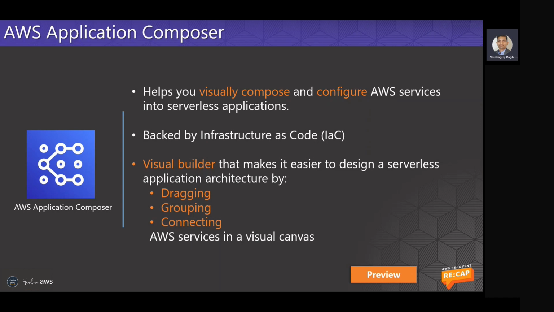So here is a tool that is a visual canvas for you, where you can have a list of different logical components, which are AWS services, available in a drag and drop interface, and you can place them on a canvas and connect them together and combine them, group them together, and go down to the level of detail required on each of those components to configure those components. And as you do that, you are actually literally building your application using those serverless components. And behind the scenes, the application is building the corresponding CloudFormation template for you and making all the configuration changes for you and the connections or references between these